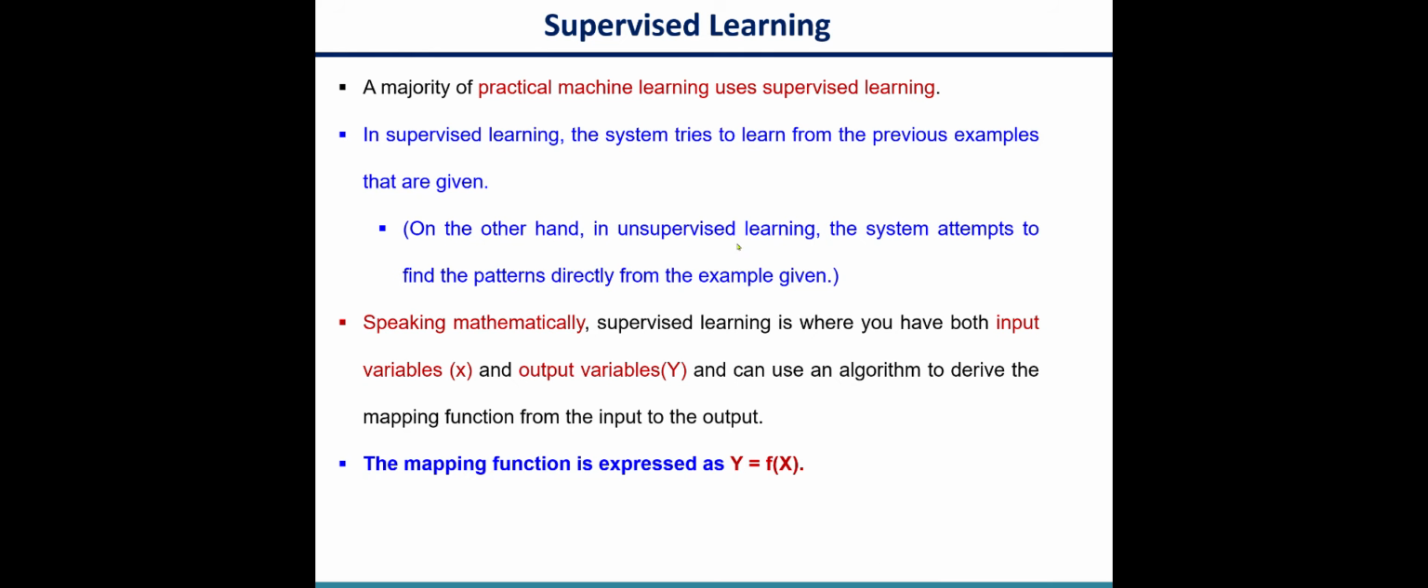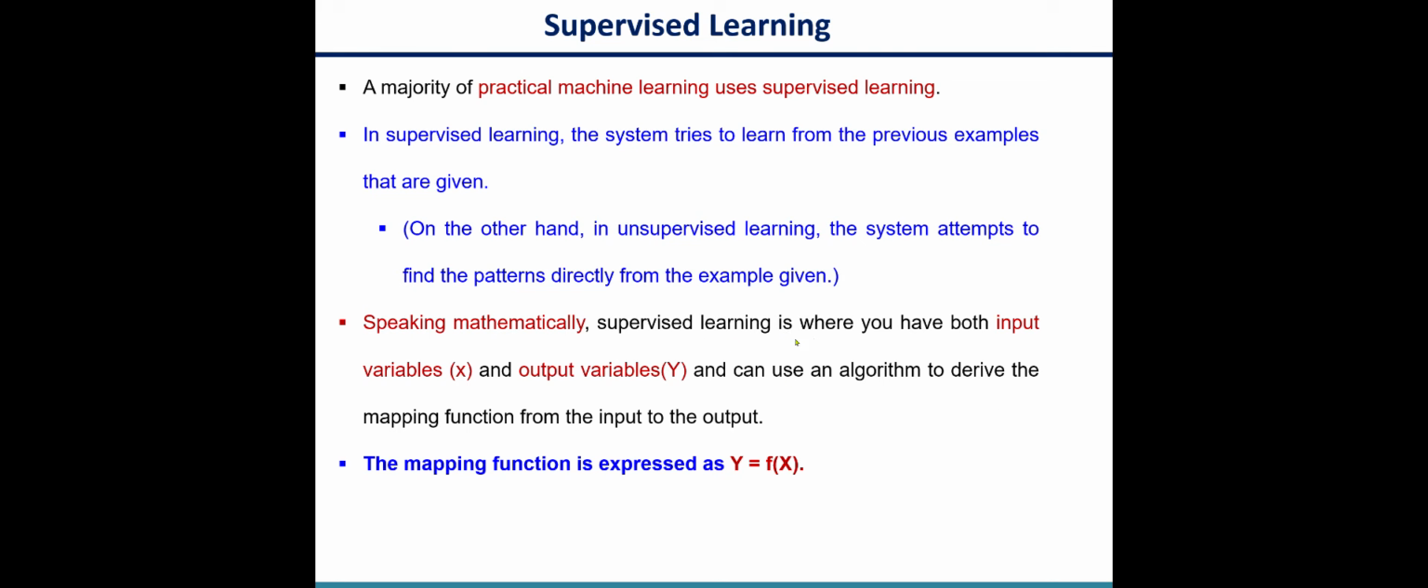Second, we have supervised learning. Practical machines use supervised learning. A supervised learning system tries to learn from previous examples that are given. On the other hand, unsupervised learning is where the system attempts to find the pattern directly from the examples given. And speaking mathematically,